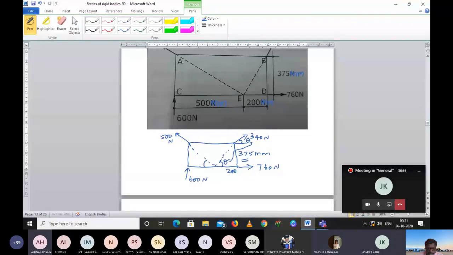Similarly, I want this theta. This theta will be equal to this theta. Am I explaining okay? Are you getting it now? Yes, sir. Any doubt in this? No doubt, sir.